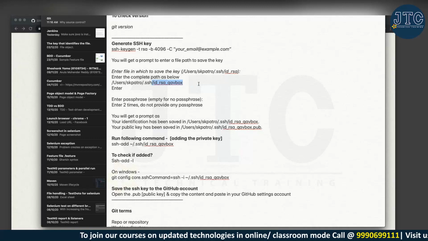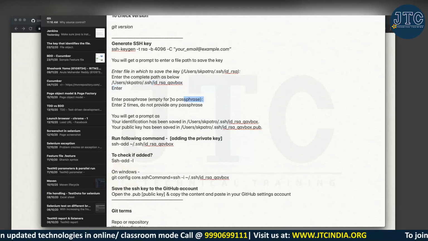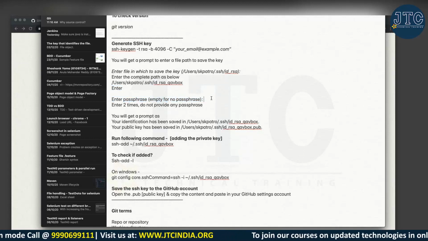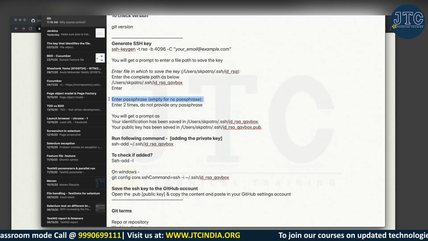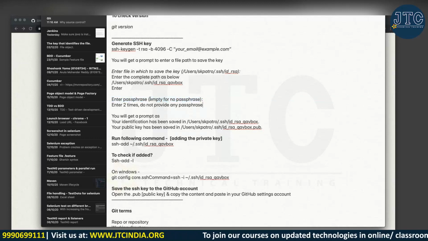Simple concept. Okay. Now after you press enter, it will ask you to enter a password. For this password, I would suggest leaving it blank. There is no problem in leaving it blank, because it is your system, nobody else will be using that, and you have your user login there, right? So you need not worry about that. Okay. And then again it will ask for a confirmation password, press enter again.